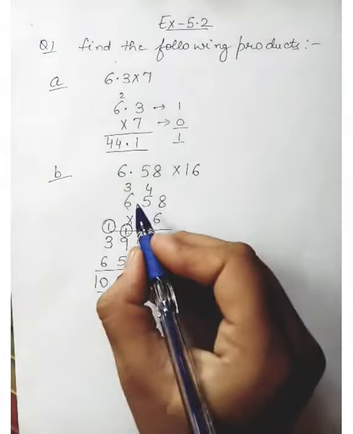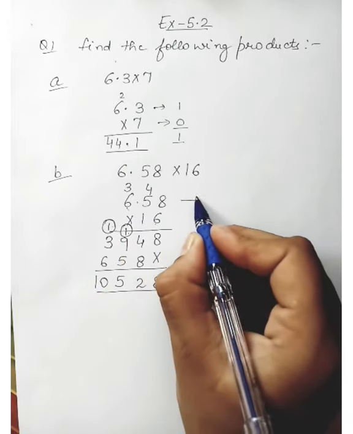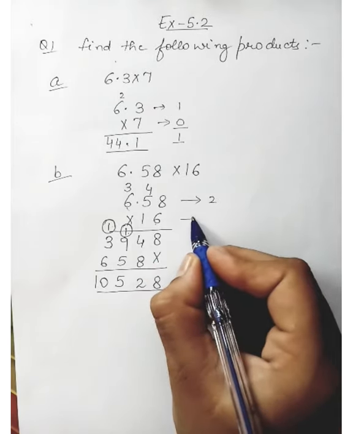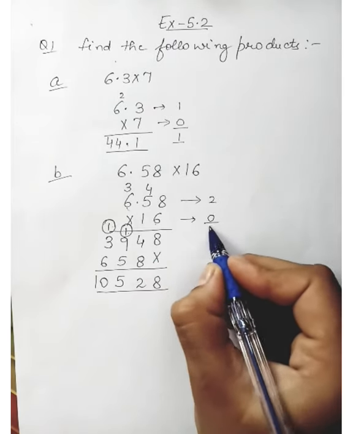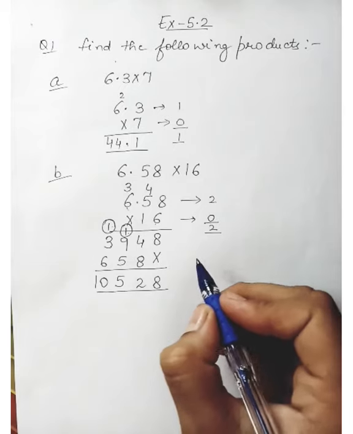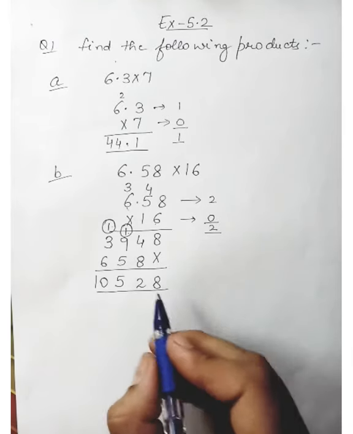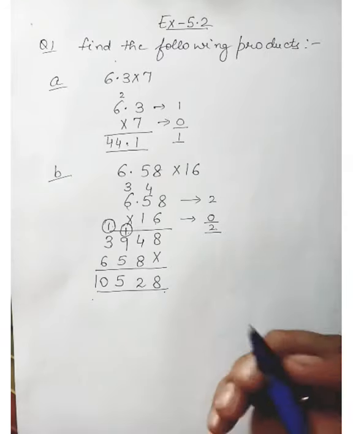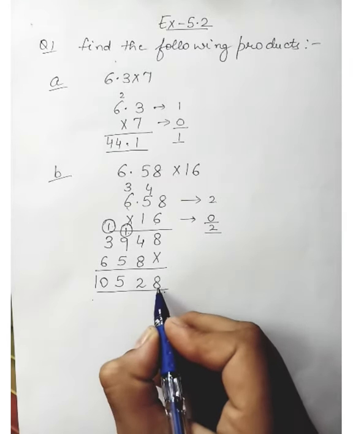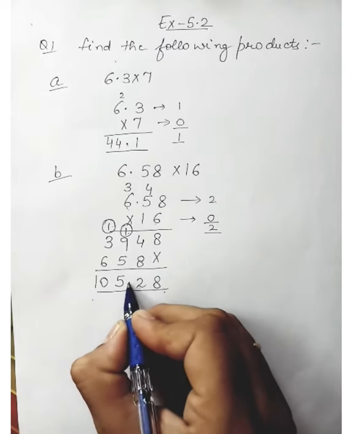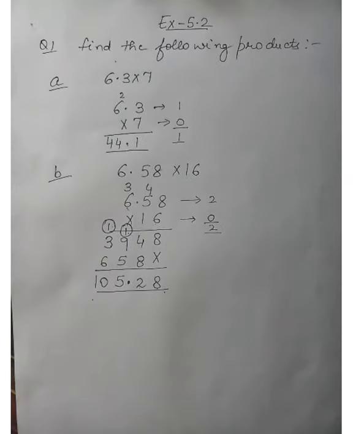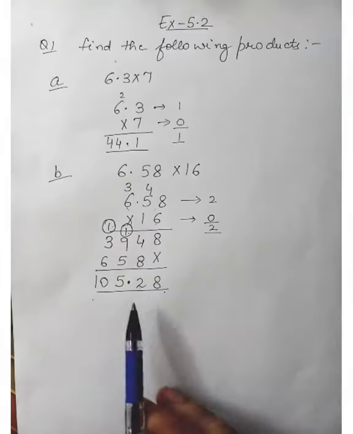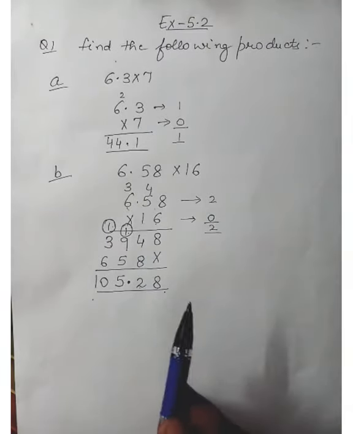Now you have to count the digits. Here in the first step after the decimal 2 digits are there. In the second one, none, 0. 2 plus 0, this is 2. It means in the answer you have to count 2 digits from the right side. This is your right side, this is your left side, right hand, left hand. From the right side you have to count 2 digits, 1, 2. Here you have to place the decimal. This is your multiplicand, multiplier, product.